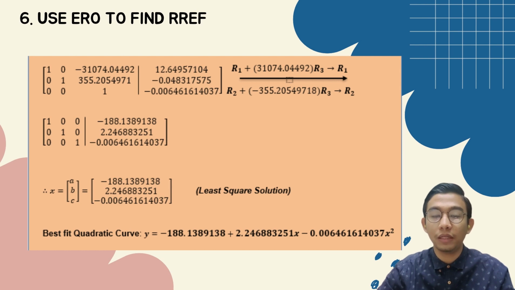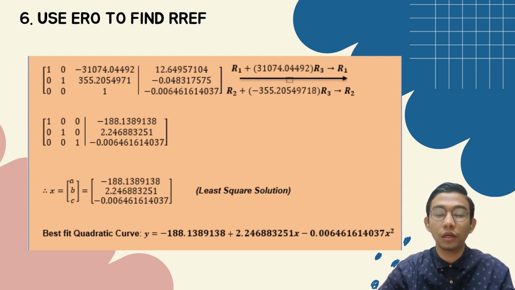For A, we got the value of negative 188.1389138, and for B, we got 2.246883251, and lastly for C, the value we got is negative 0.006461614037. As an equation for the best fit quadratic curve, we just plug in the values that we get from the